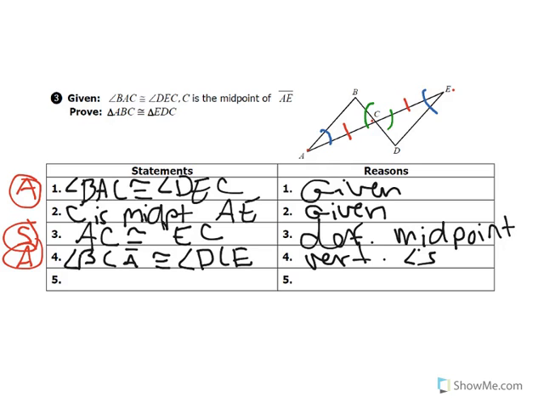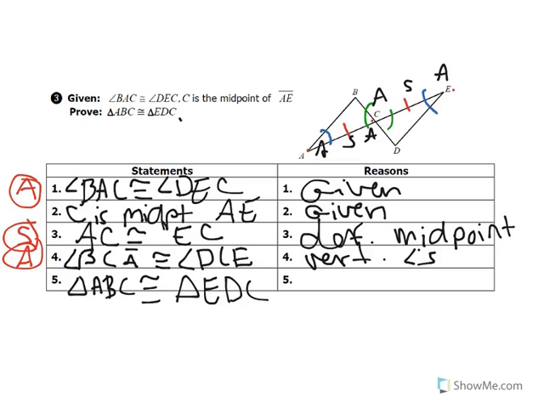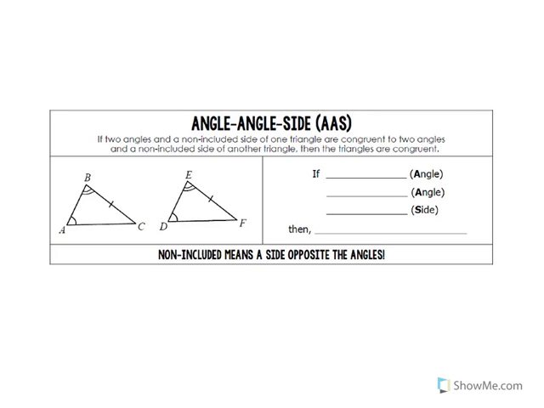So we can see in the picture we have an angle, a side, and an angle. Angle, side, angle. So I can end my proof with what they want me to say. Triangle ABC congruent to triangle EDC by angle, side, angle. Now we're going to look at the other version,